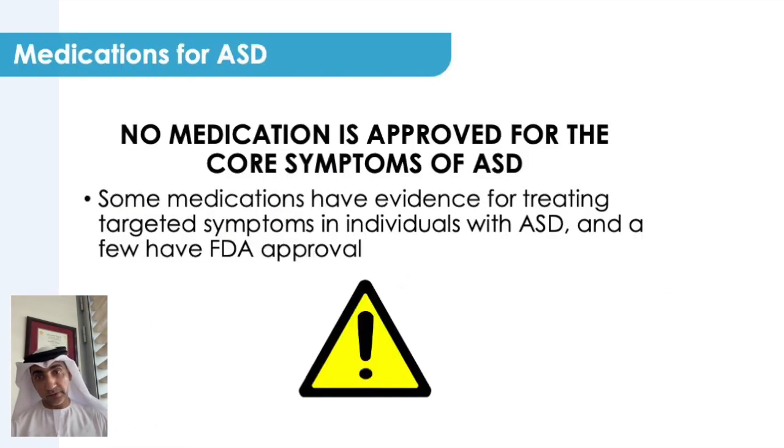When it comes to the treatment of autism, it is important to highlight that currently there is no medication approved for core symptoms of autism. If you remember the two blue bubbles in the middle, there is no medication for core symptoms of autism, neither any biological intervention for the treatment of core symptoms of autism at the moment. There are ongoing studies that target core symptoms of autism, but we are awaiting the results from these studies.